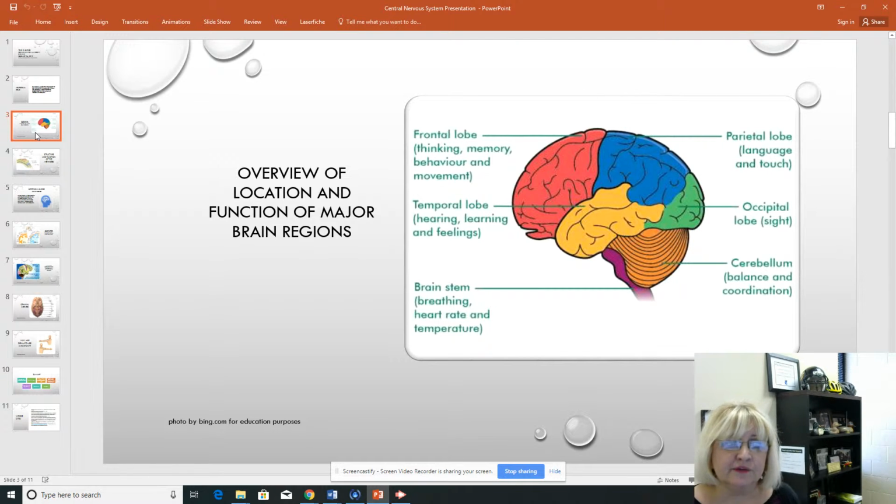Okay, let's look at an overview of the location and the function of the different brain regions. Your frontal lobe is a part of the cerebral cortex, and it's divided into a right and a left side. So if you'll look at the bones of the skull, the lobes correspond to those. The frontal lobe is near the frontal bone on your skull. The frontal corresponds to the front of the brain. One side of each of the brain controls the opposite side of the body, so the frontal lobe is involved